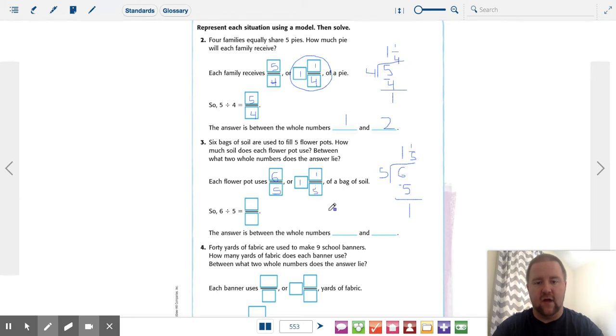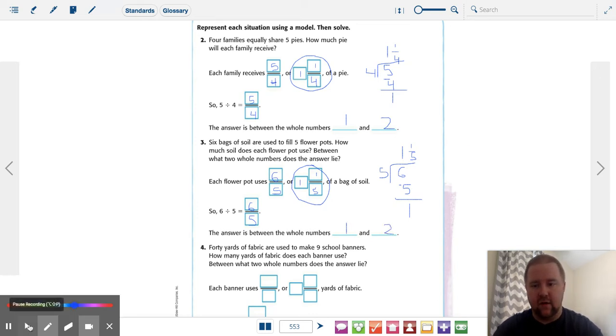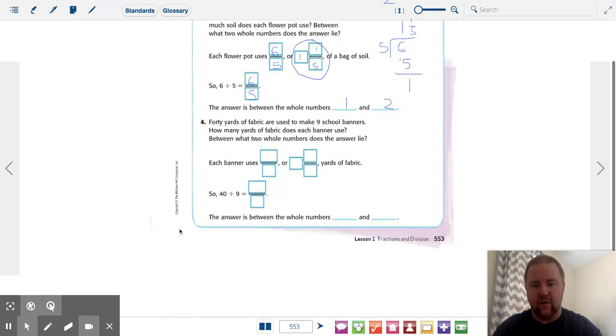All right. So right here we did 6 divided by 5 is 6 over 5. And again, we have to figure out what whole numbers it falls between. 1 and 1/5. Okay, it means we have 1 and some more. So we have 1, and the next number would be 2. All right. I'm going to scroll down and do one more example with you,